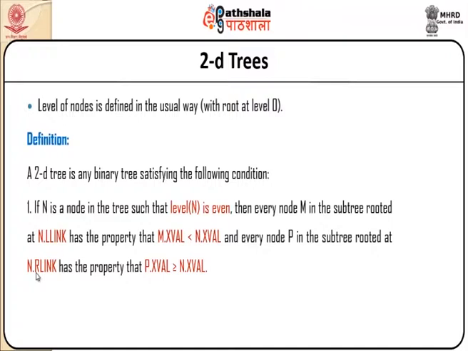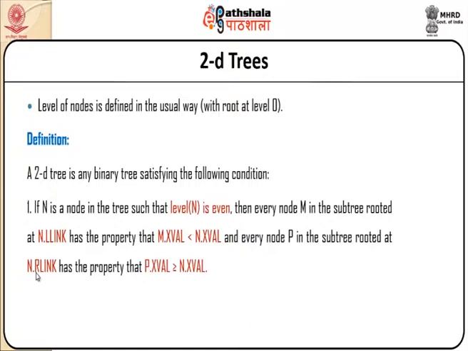Let us consider the two dimensional tree. For this two dimensional tree, we have denoted that node structure. So, the level of a node is defined in the usual way with root at level 0. So, we call the root node level 0, because we are to consider insertion of multiple nodes at different levels. So, the definition of a two dimensional tree is that a 2D tree is a binary tree